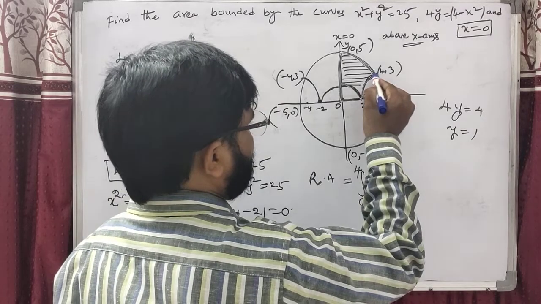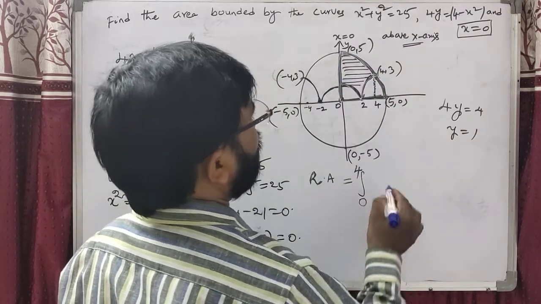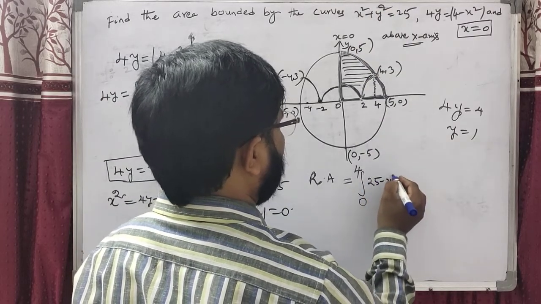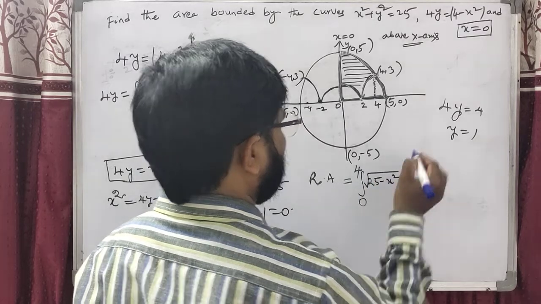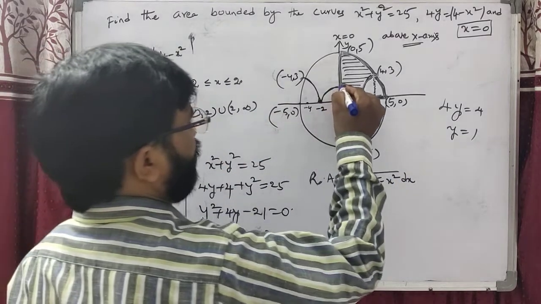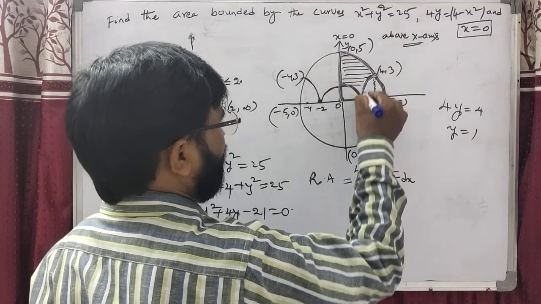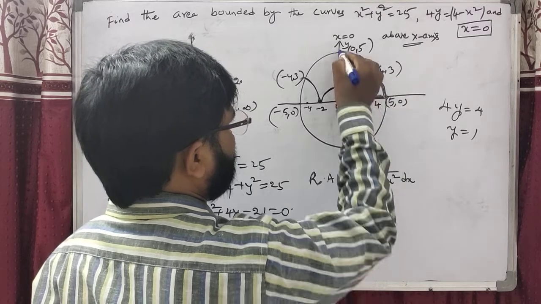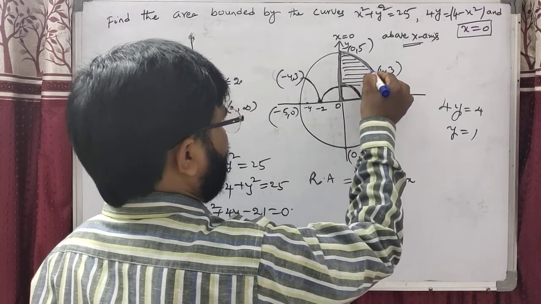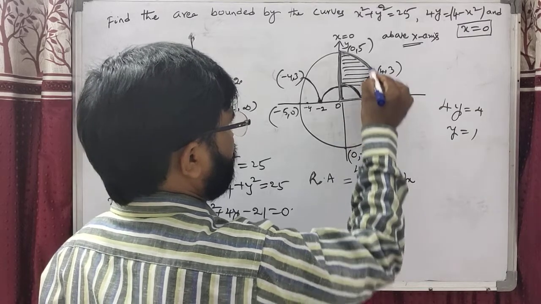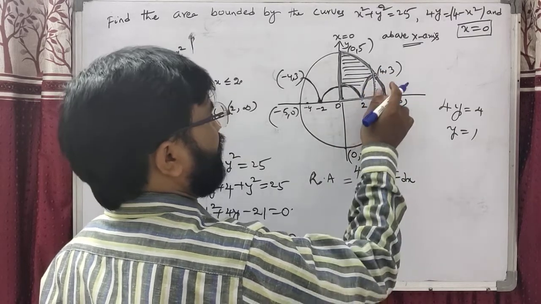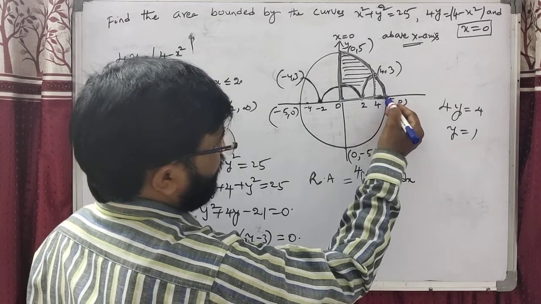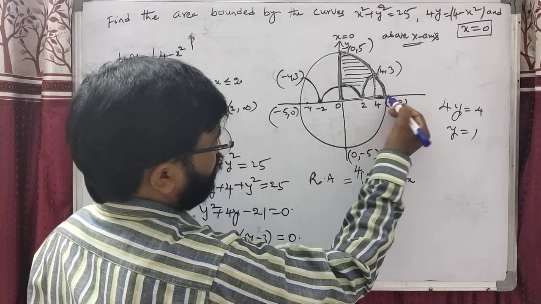This is the area from 0 to 4 of root of y dx, where y dx is root of 25 minus x square dx. Students, once again write: if you take 0 to 5, then we also have to find the area from 4 to 5. That is an extra burden.